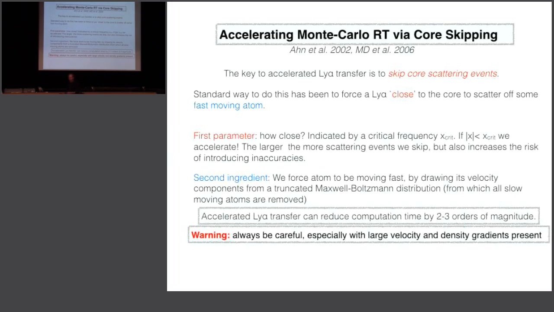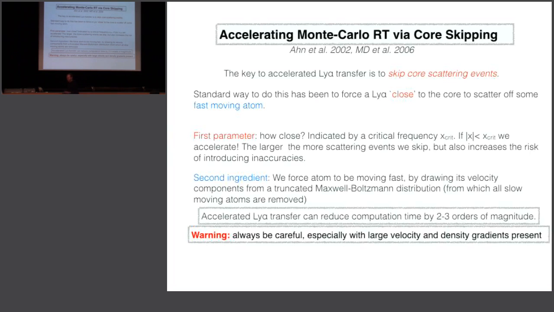And typically speaking, you reduce the number of scattering events by 2 or 3 orders of magnitude when you do this. Right? So it makes a tremendous difference in practice. But you always have to be careful, especially when you have large velocity and density gradients. So for example, in these multi-phase ISM calculations, these Neufeld models, there you have very large density gradients, right? You have these dense clumps with a very sharp surface. There you have to be somewhat careful with how you choose your